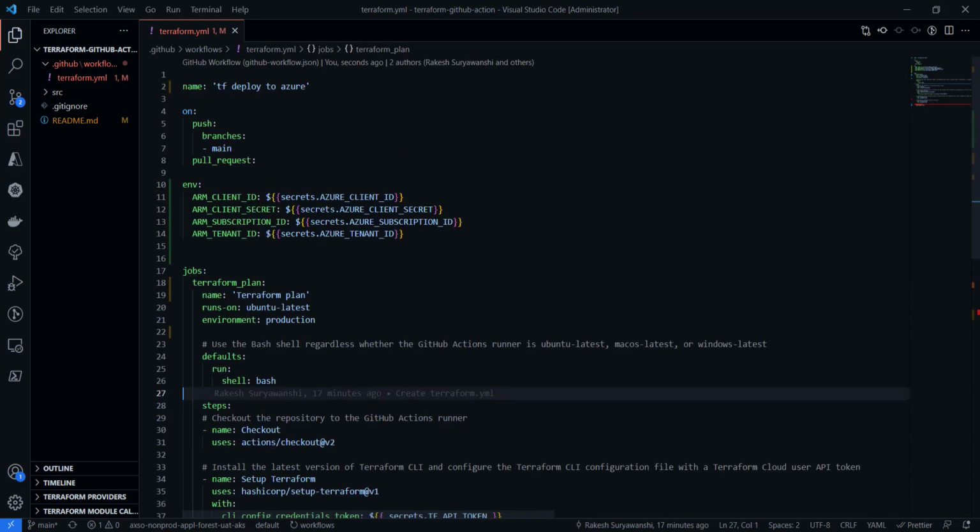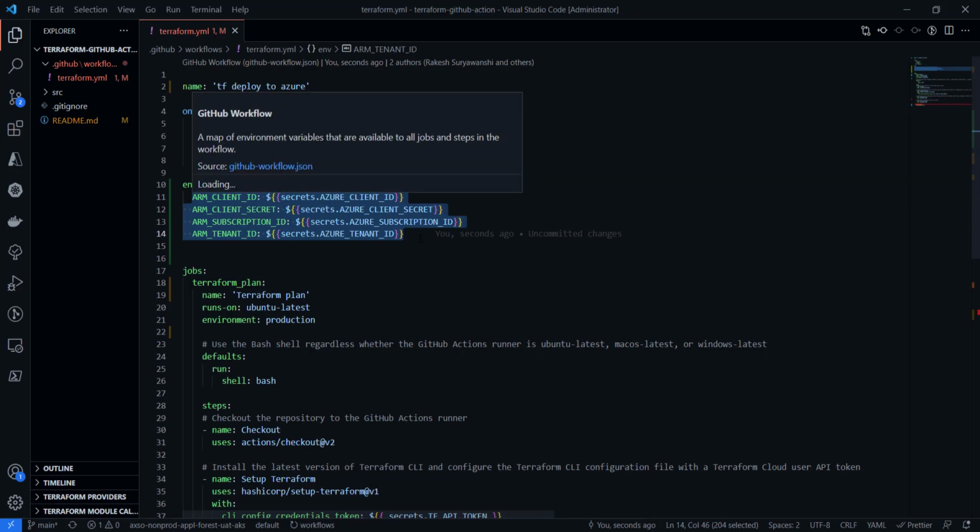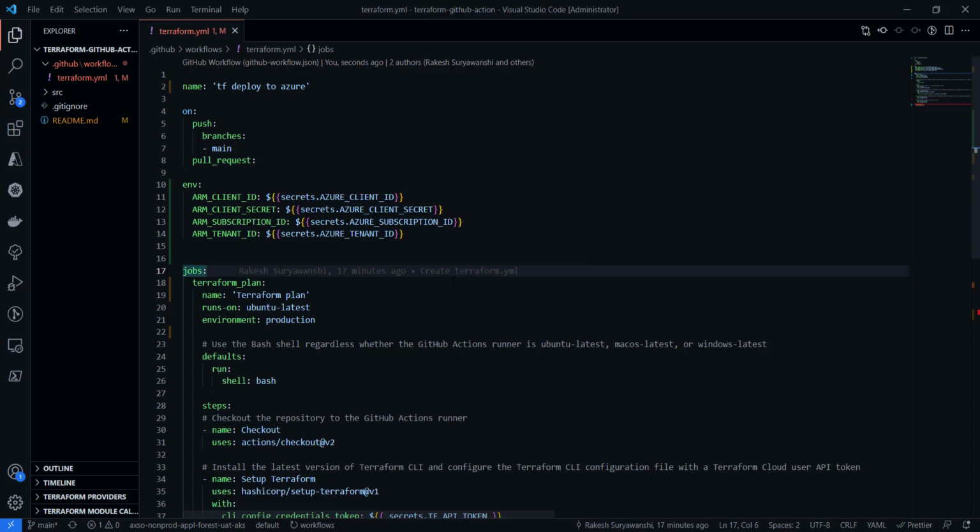Now if I run this particular deployment pipeline, it will use these environment variables to authenticate, and it will try to run Terraform init and then the Terraform plan and apply commands subsequently. Okay, that's fine. But if I run this particular workflow as is, it will fail. I'll show you why.